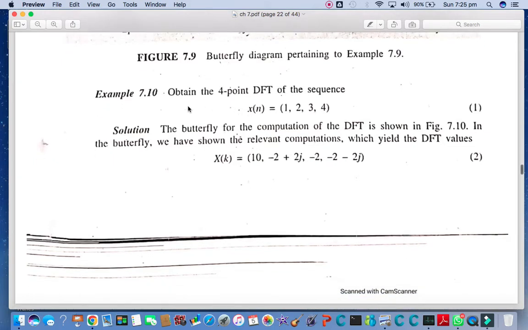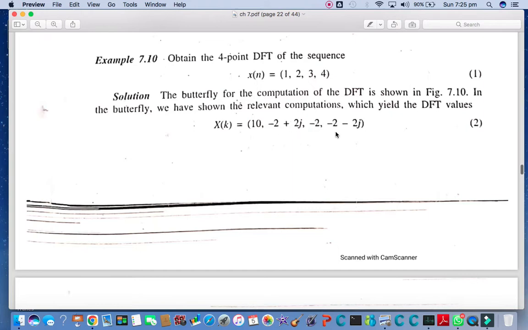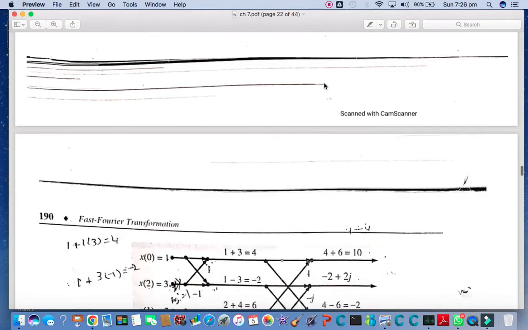So we have an example over here, where we have a 4-point sample and we need to calculate its DFT by using the FFT method. This is the answer which we have usually calculated by following the DFT method, and we have to verify whether, when we apply FFT on these samples, this answer arrives or not. So we are given these xn 4-point samples and we need to calculate the FFT